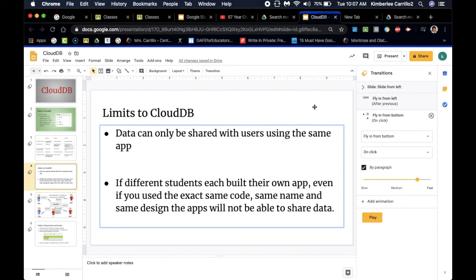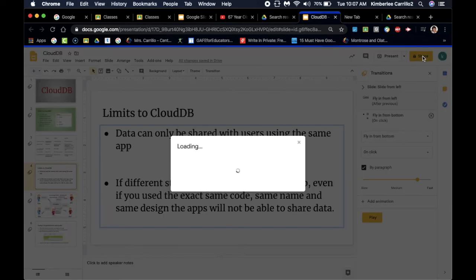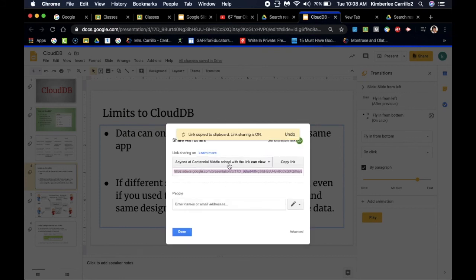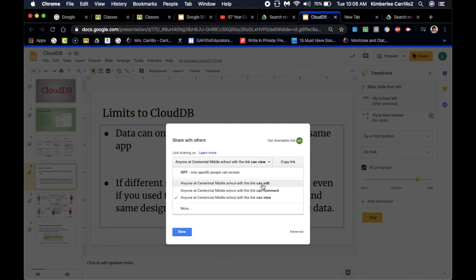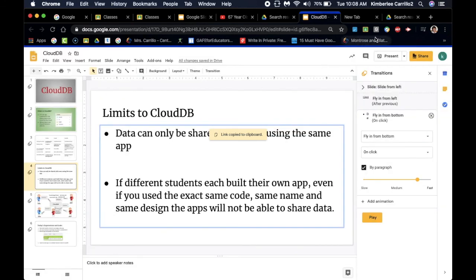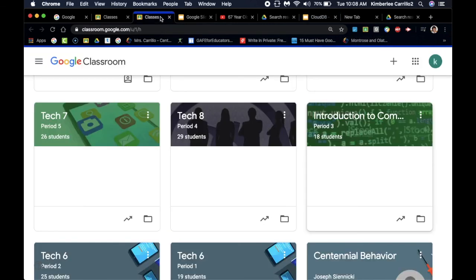Now when I'm ready to share this project with my students, I will click the share menu. Of course, I would not want to type in the names of all of my students here. So I'm going to just get a shareable link. Right here it says anyone at Centennial Middle School with this link can view. I wouldn't want to allow my students to edit this project, so I am going to keep it on view. I'm going to copy that link, and then back on my Google Classroom,